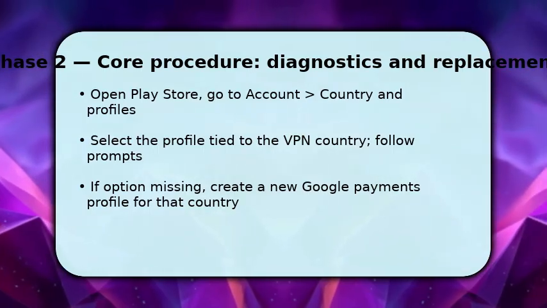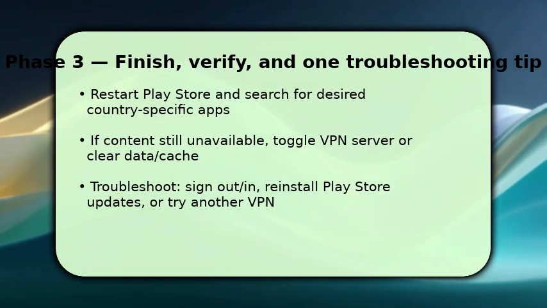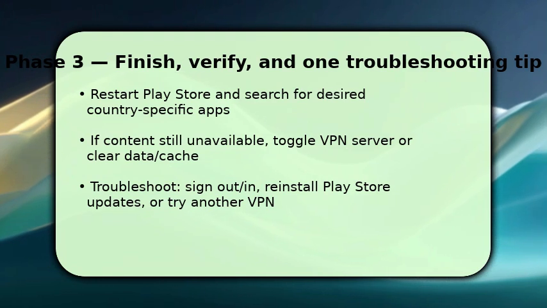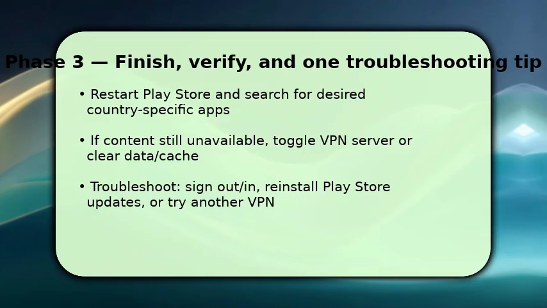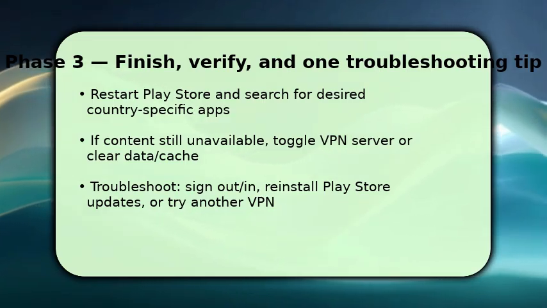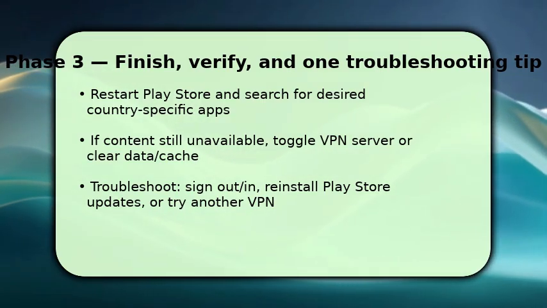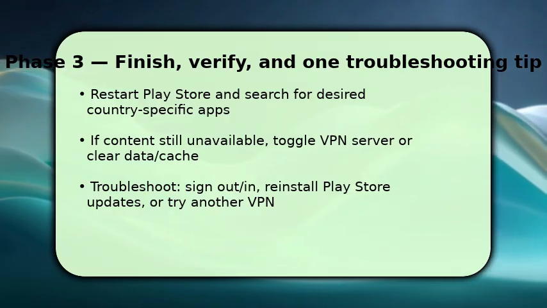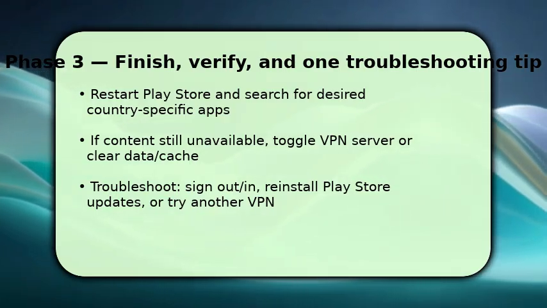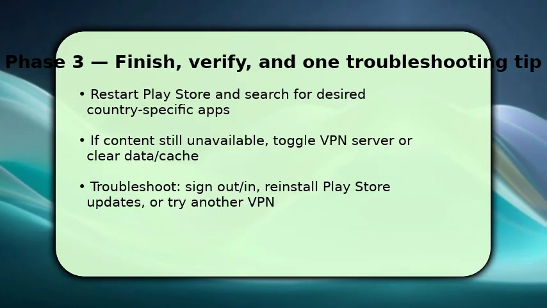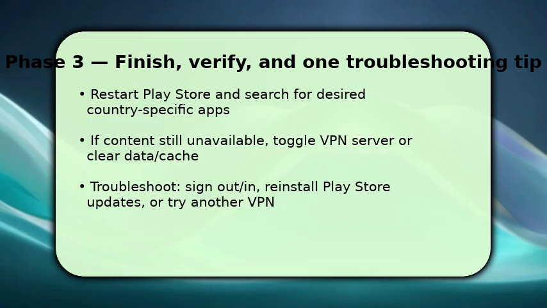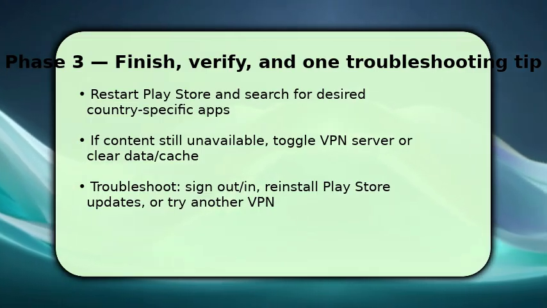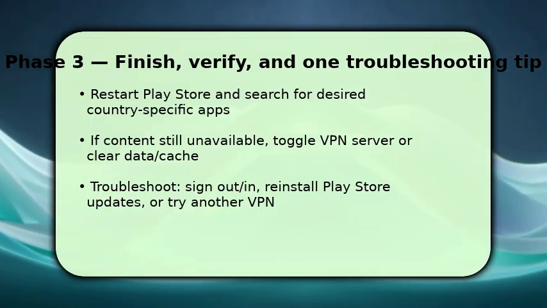Finish by confirming the store shows the apps you need, then download or update as required. If something still blocks you, switch VPN servers within the same country and clear Play Store data, then reopen. Make sure the VPN stays connected during downloads, otherwise Play Store reverts. If problems persist, sign out of Google and sign back in, or reinstall Play Store updates. One troubleshooting tip: always check the VPN connection first. It's the most common cause of